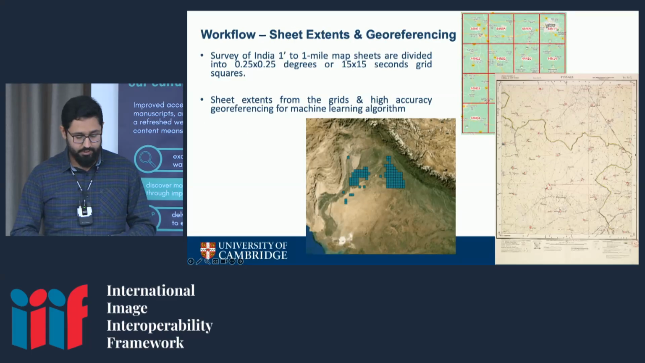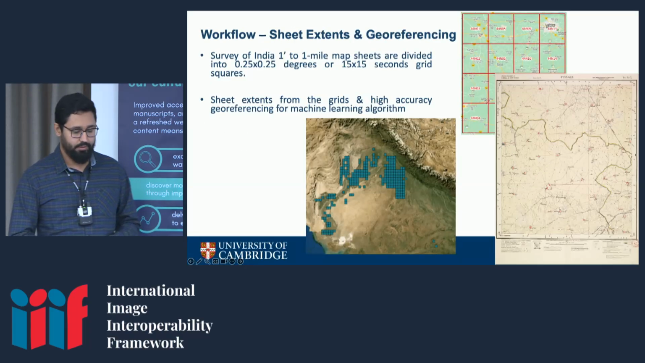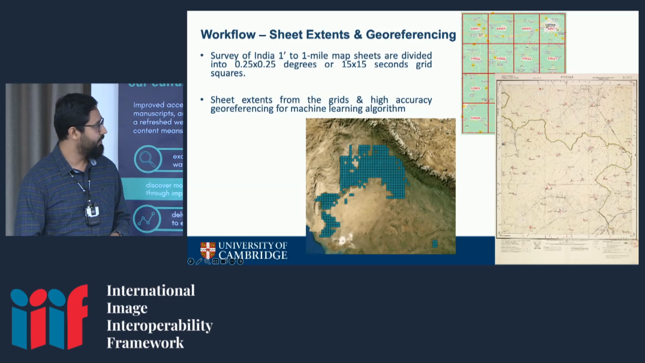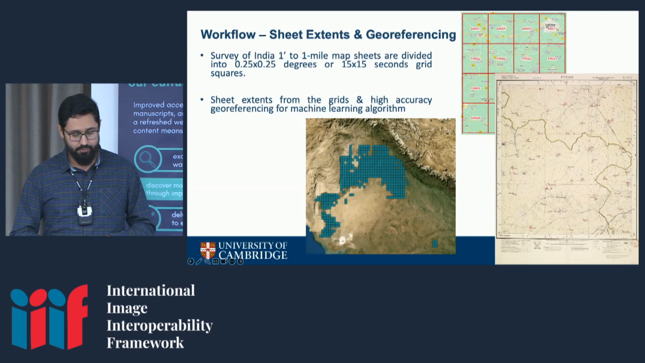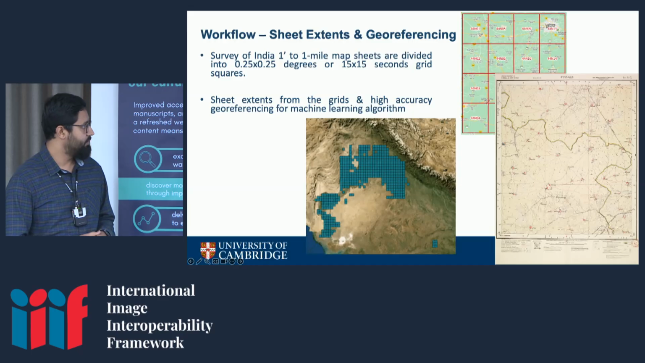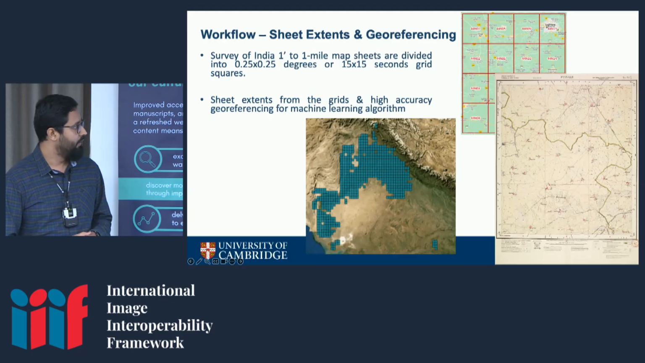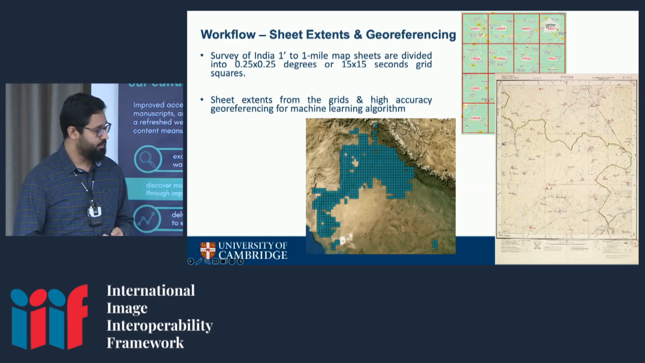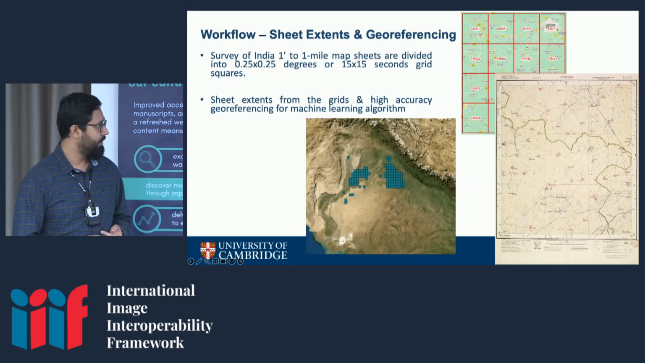In terms of the spatial component, the Survey of India 1:1 million map sheets that we are mainly working with are divided into 0.25 by 0.25 degrees. So getting the general extent of the map sheets is relatively straightforward. However, to use these map sheets for the research and documentation of heritage sites, we needed to do high accuracy